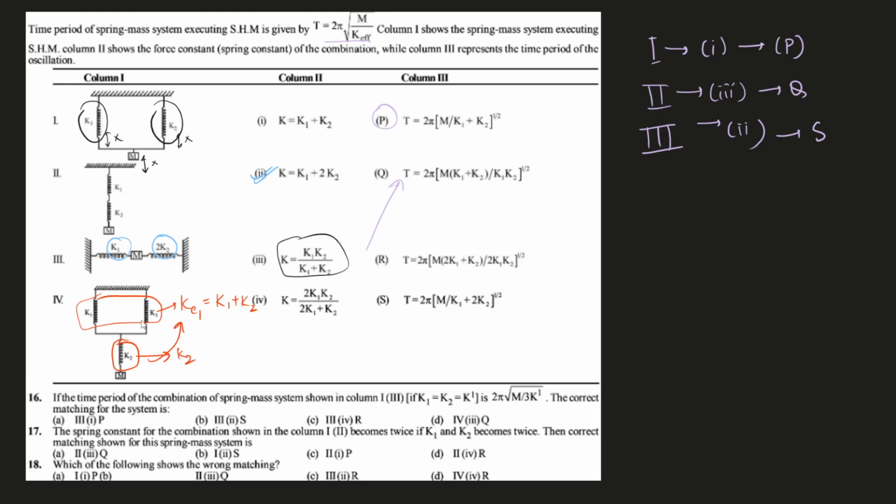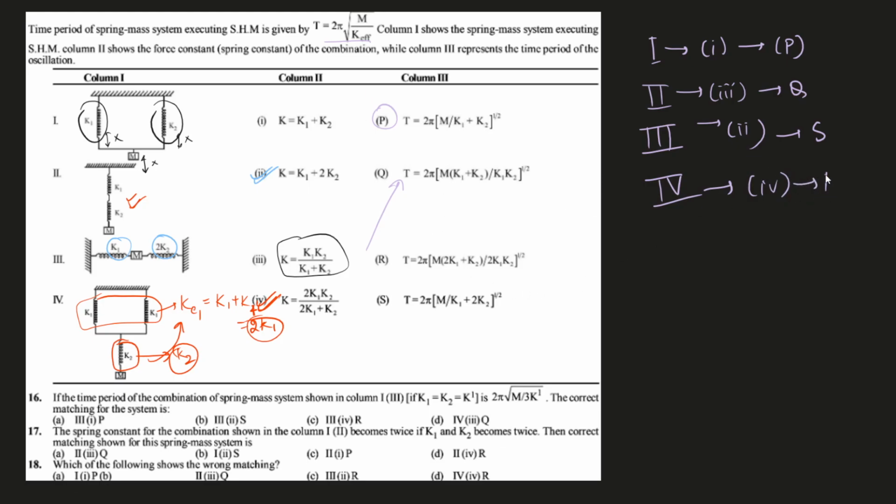Pardon me, the effective spring constant of the first one is K1 plus K1, so that's just 2K1. So now you have two springs which are in series, kind of like this situation, and the spring constants are 2K1 and K2. So obviously, this is the effective spring constant. So the fourth one goes to the fourth row in column 2,